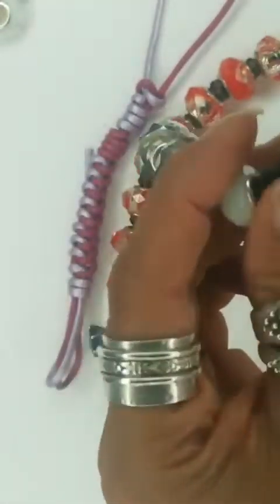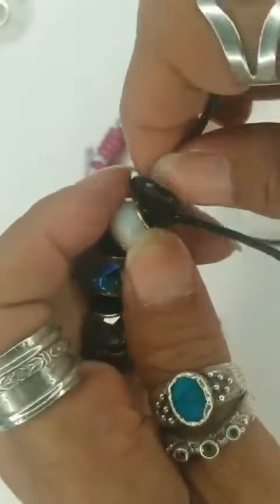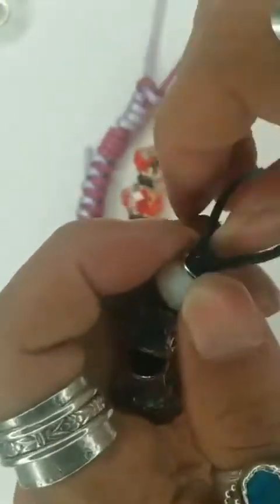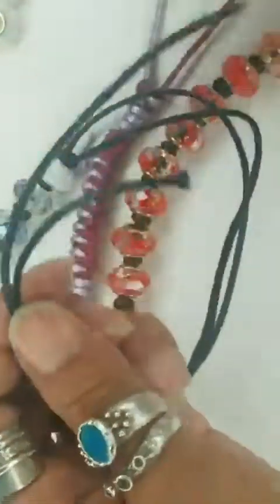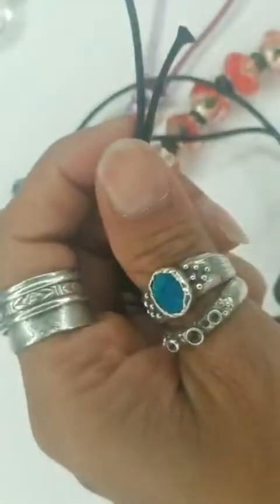So this is nice as just even a good base cording, especially if you're making for guys. You know, it just kind of looks different. Like I said. Yeah, I like that. And then I think the ends are